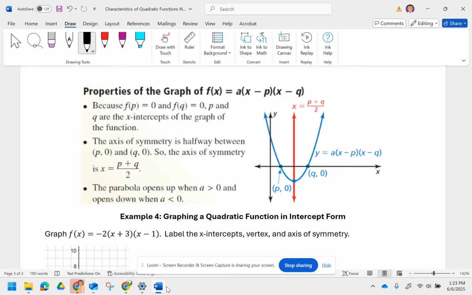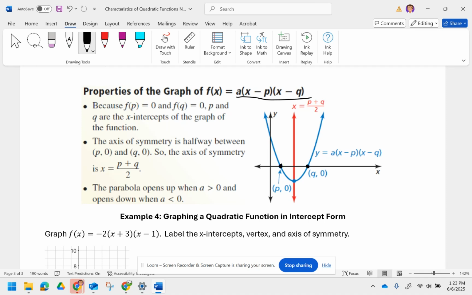Welcome back, students. We're going to continue talking about the axis of symmetry and graphing quadratic functions. We're going to look at equations that are written in factored form now. So these factors, such as x minus p and x minus q, can be really useful for finding